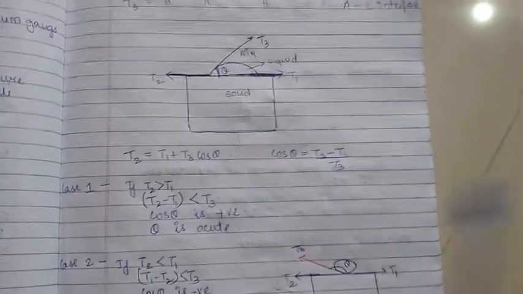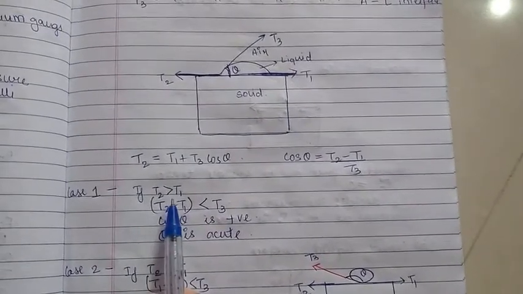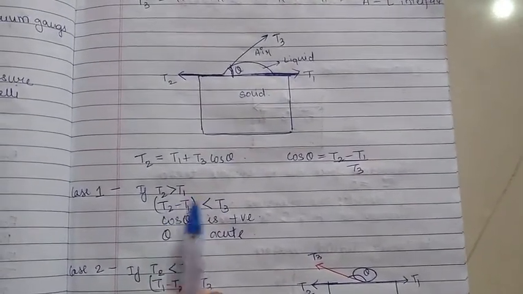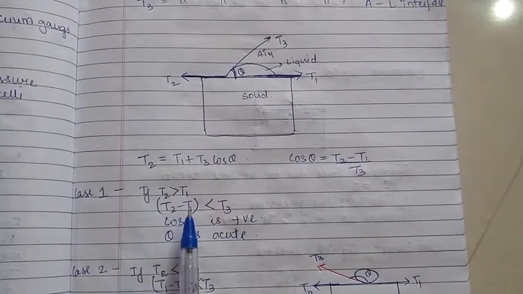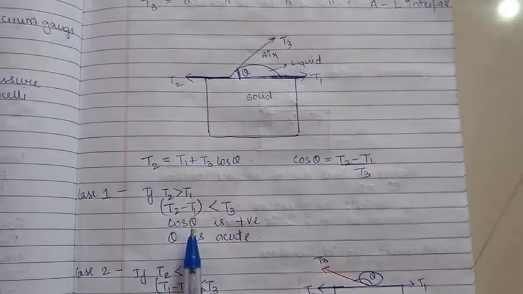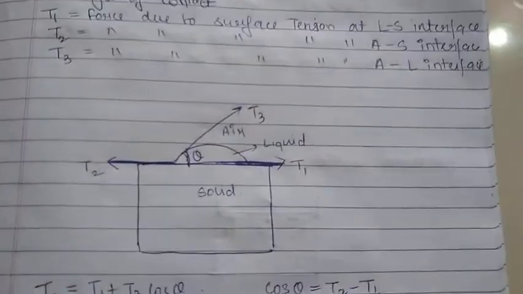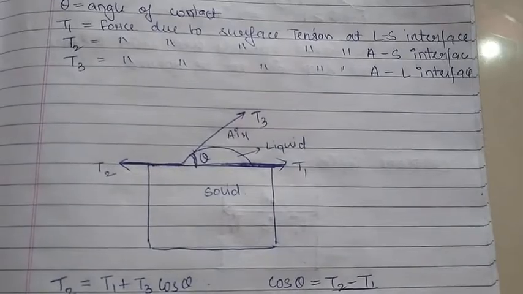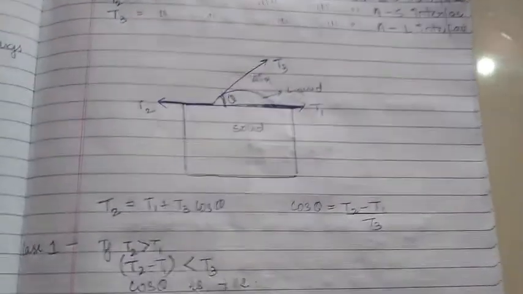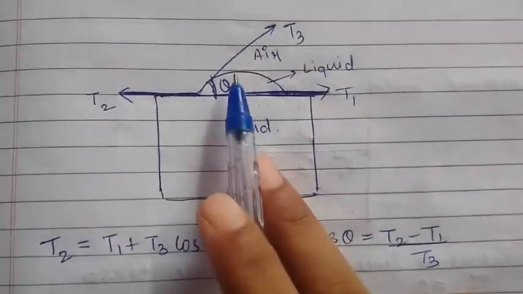acute or obtuse. So in case 1, if T2 is greater than T1, then from the equation we can say that T2 minus T1 is obviously less than T3. And in such case cos theta will be positive, and theta will be acute. So in this diagram you can see that the angle of contact theta is acute. So if T2 is greater than T1, then theta will be acute and you will get this kind of liquid